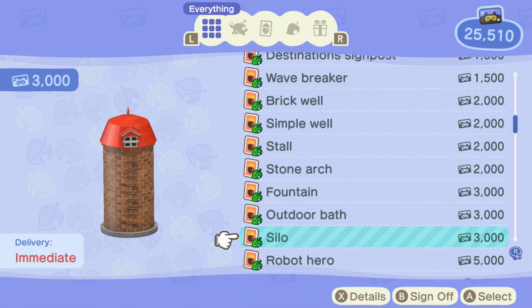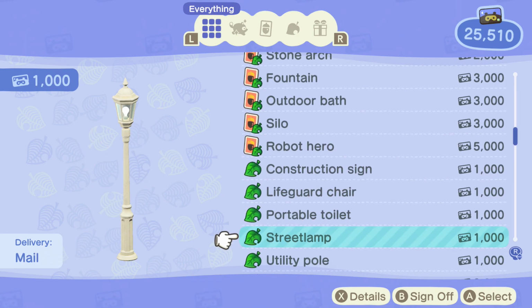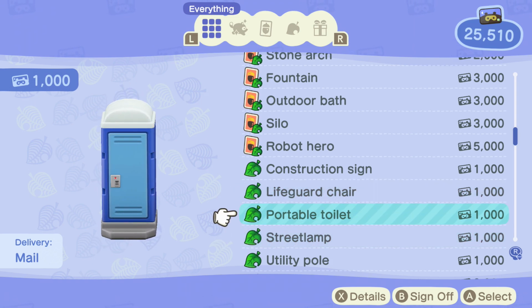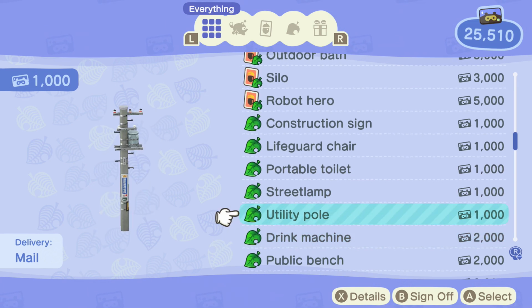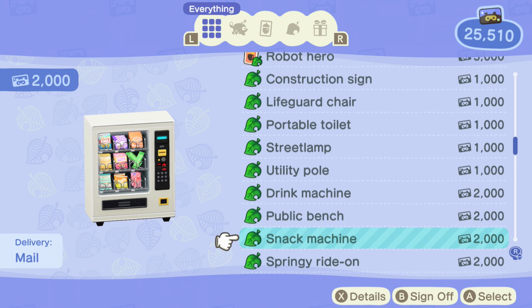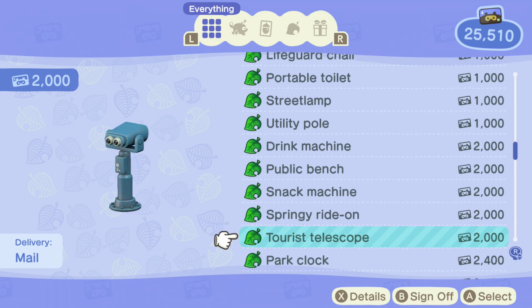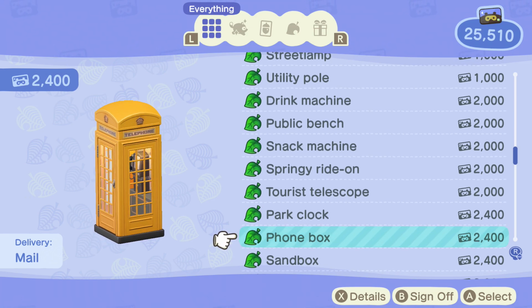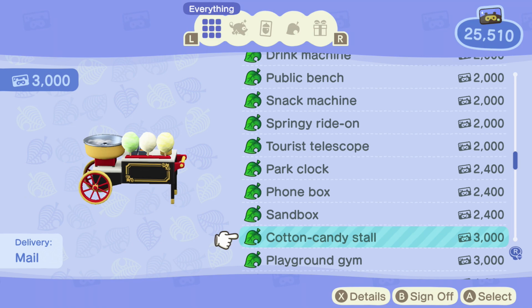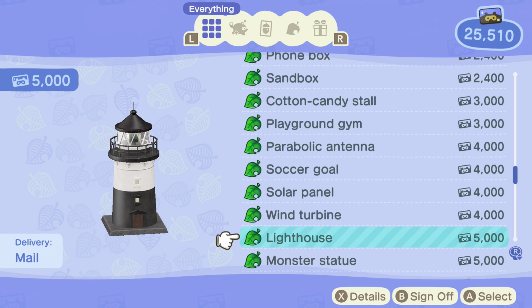Okay, what other stuff do we got? We got an outdoor bath. Got a silo. Robot hero. Okay, here's the proper items. Here's where I'm tempted to get different colors of these, because I know they come in different colors. I like the blue portable toilet. I like our street lamps. Our utility poles are pretty cool too. I don't mind our drink machines or snack machines. That's actually pretty cute. We got pretty lucky. The park clock, that looks good in my opinion. Maybe not the biggest fan of that one. Also not that one. This is pretty good. Okay, so we are gonna get...